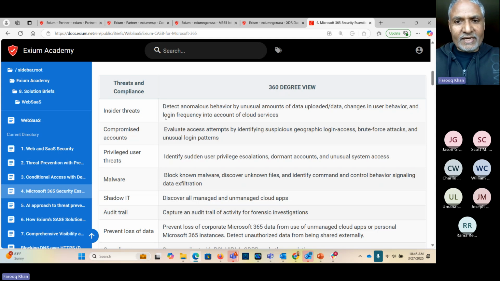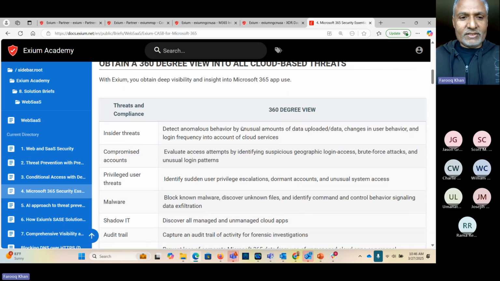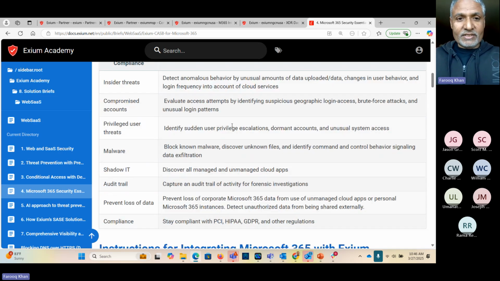I can detect insider threats like anomalous behaviors, because I'm getting every transaction, every activity that is happening. I have access to that, and it's in XDR 360. I can run all my algorithms and everything, and try to find that malicious insider activity. Also compromised accounts, if there are brute force attacks or logins from locations where your users are not supposed to be, you can detect those types of things. Like somebody may have access to the credentials, or may have at least a token, they intercepted the token, and so on. Malware, any malware, phishing email,